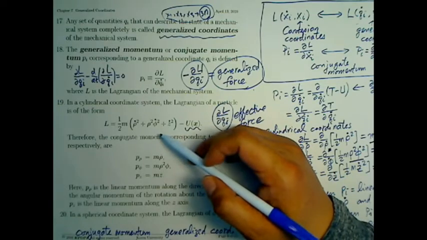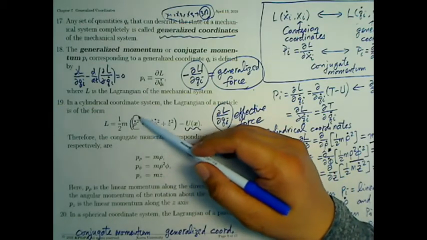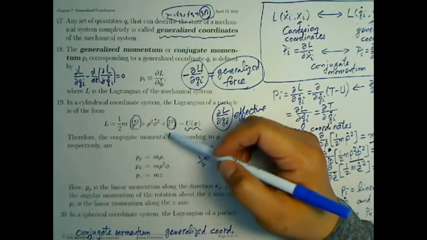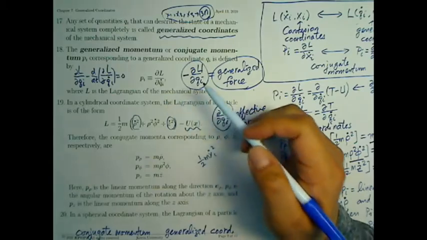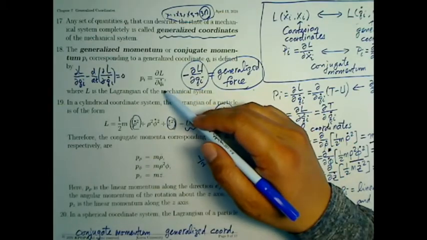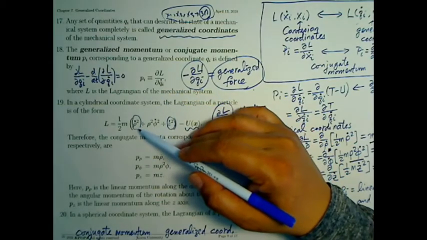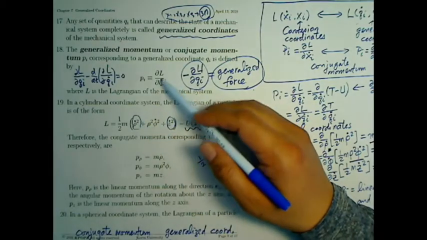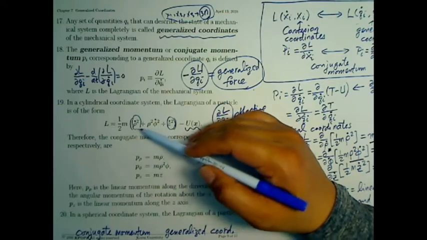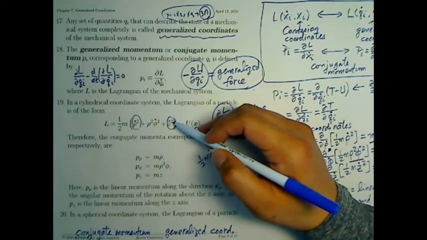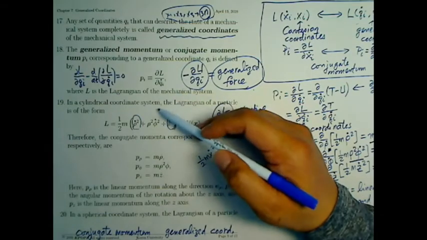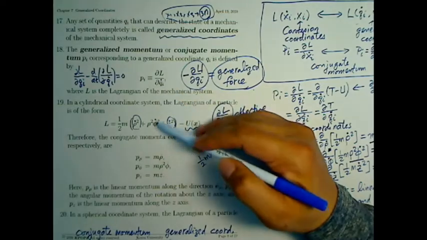All right. So in these two cases, the generalized momentum or conjugate momentum corresponding to the coordinates representing length is just the linear momentum. It's m times rho dot, m times z dot. However, if we consider the generalized momentum